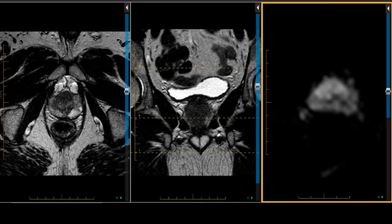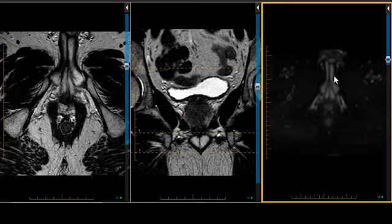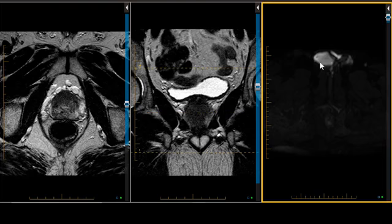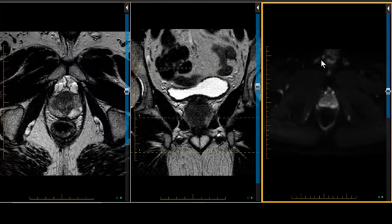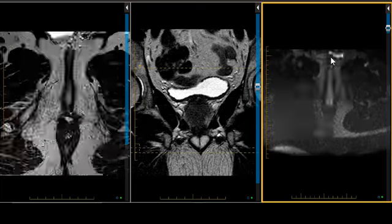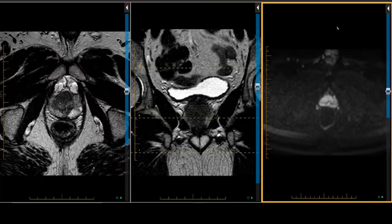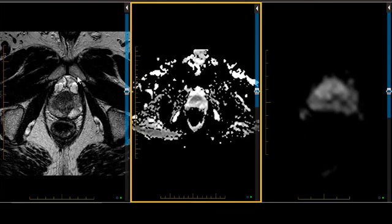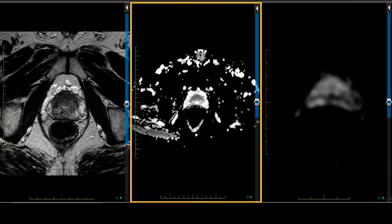Let me show you a B value that is 0. You really don't see anything, do you? Let me show you a B value that is 50. You really don't see much. When you go to the higher B values, say 1200, and then to 1600, the cancer is diffusion restricting and separated from the rest of the gland. Let's compare it with the ADC map, in which the signal intensity should be low, and it is. And we can scroll that and see the volume of cancer and potentially trace it on the T2 and the